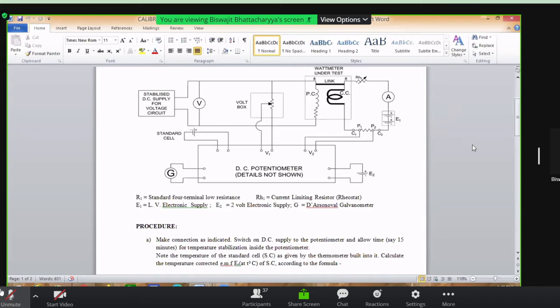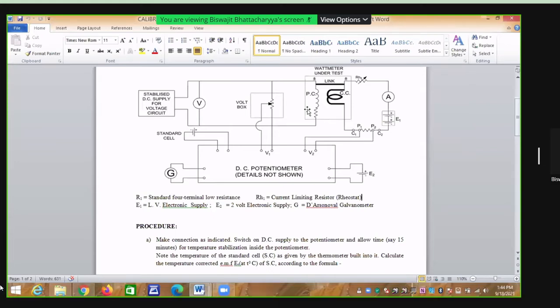Okay, I am giving you the answer. See, we know on the current coil side, this other node has a voltage of around a few millivolts higher or lower compared to the link node voltage. Now what about the pressure coil? Actually, a pressure coil is a coil of a large number of turns. A few hundred turns are there in the pressure coil, and it has some large resistance.